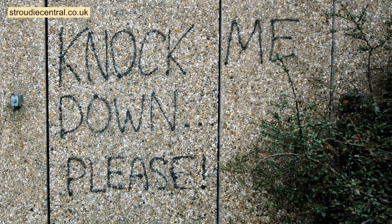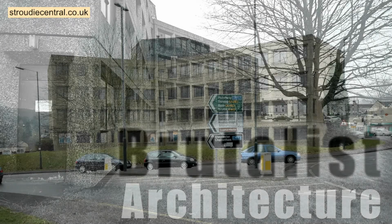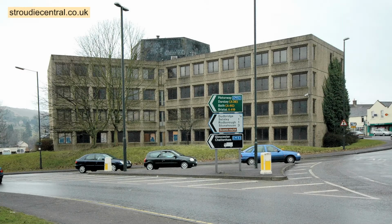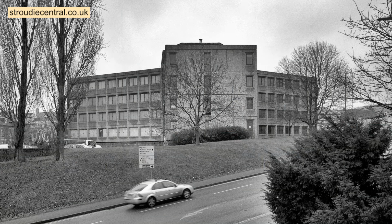It's bordering on brutalism with its concrete slab-like appearance, but the Stroud Civic Society say the building fits more in line with what's considered new brutalism, which flourished from the 1950s to the mid-70s. It's been here for so long I tend not to notice it any longer, but can see why people dislike it so much. Some of it's covered in ivy, so it's turning into one of those living walls